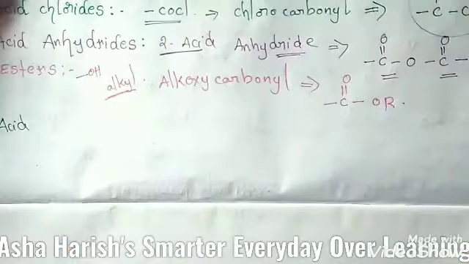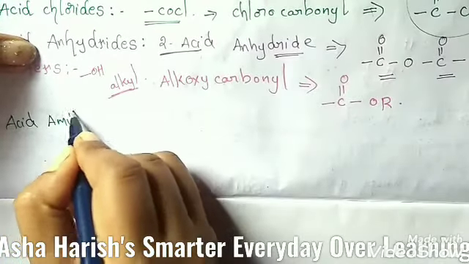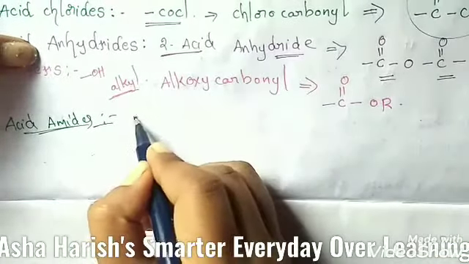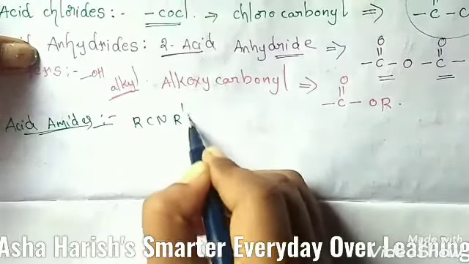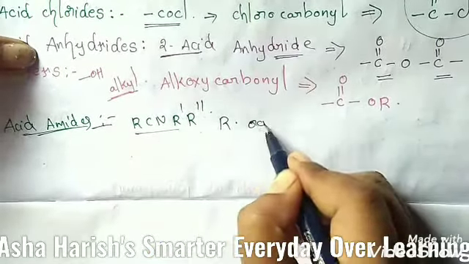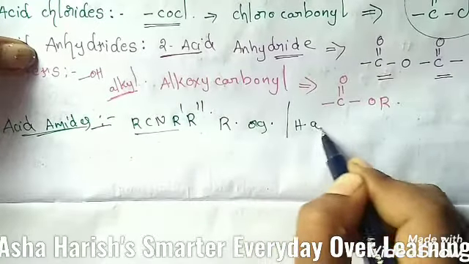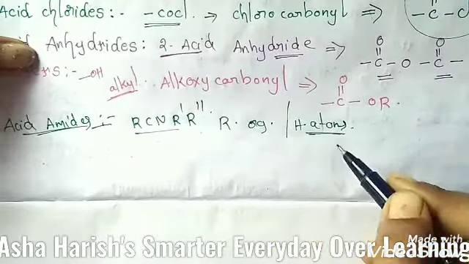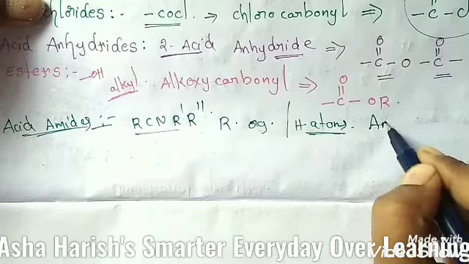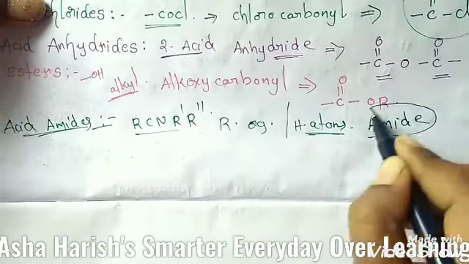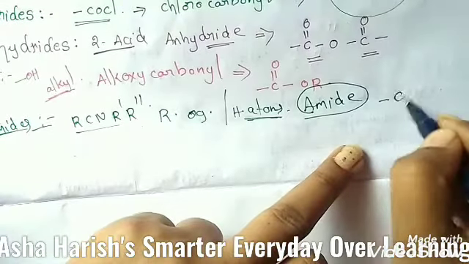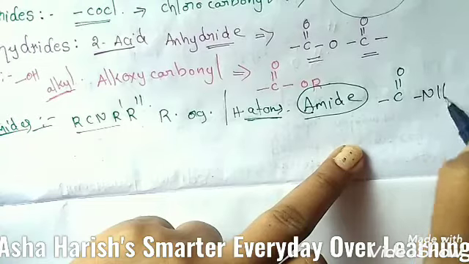Acetamides, and these are the organic amides, and here the structure you can see RCN, R' and R''. Here students, R is representing that organic group or hydrogen atoms. And about acid amides, let's see. The name of the functional group of acid amides is only amide. Amide is the name of the functional group, and the representation is here one C double bond O and NH2.